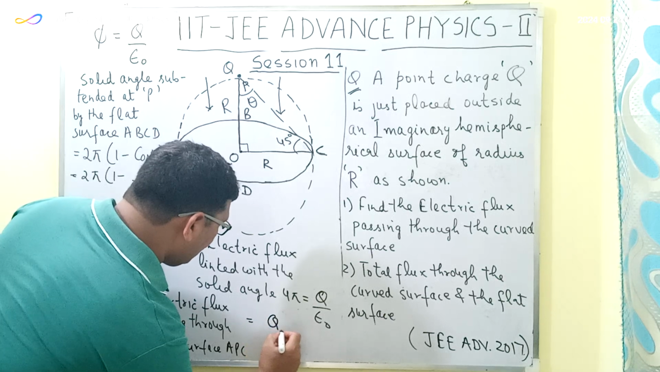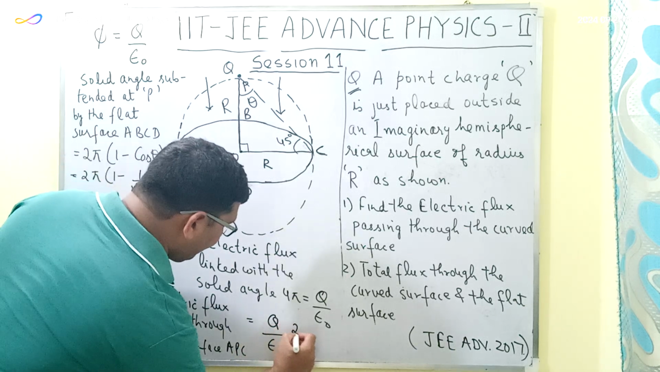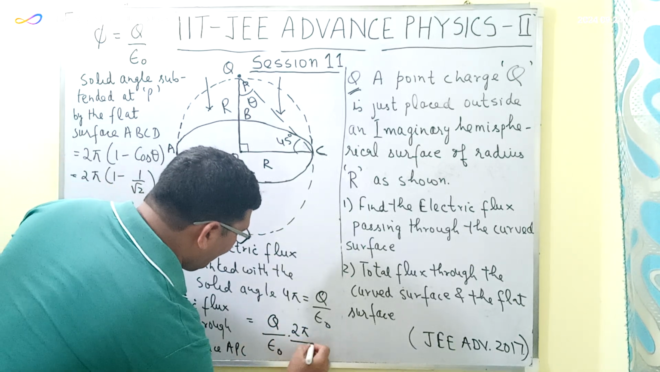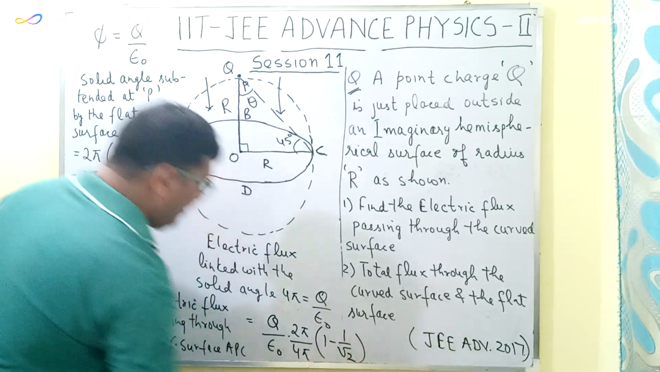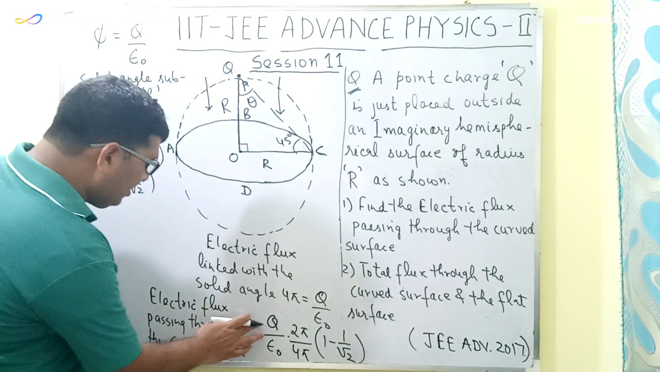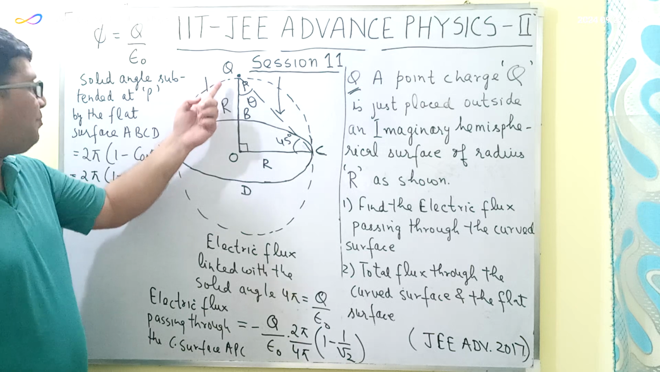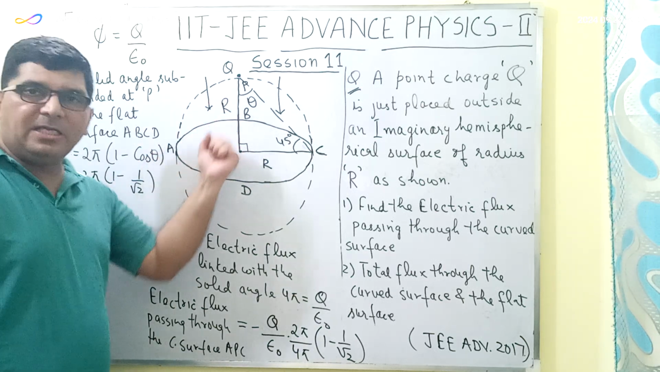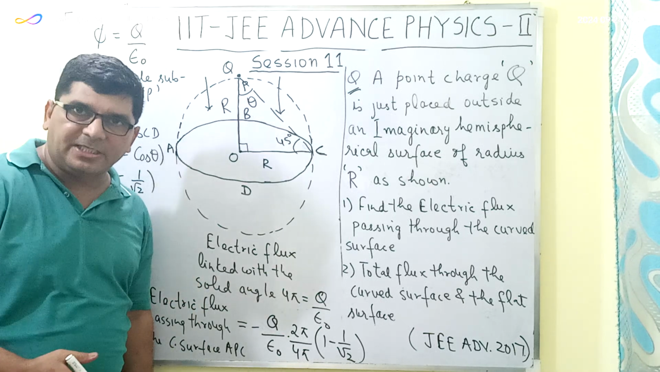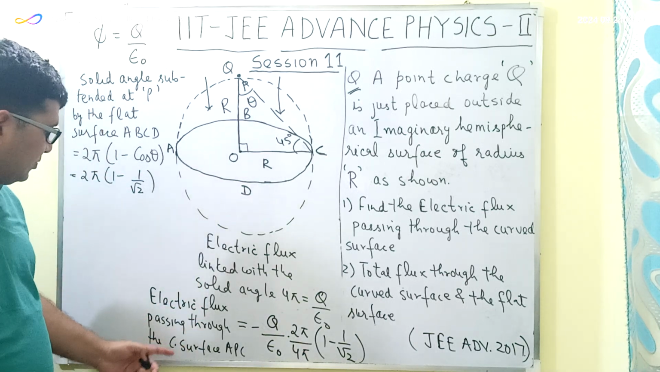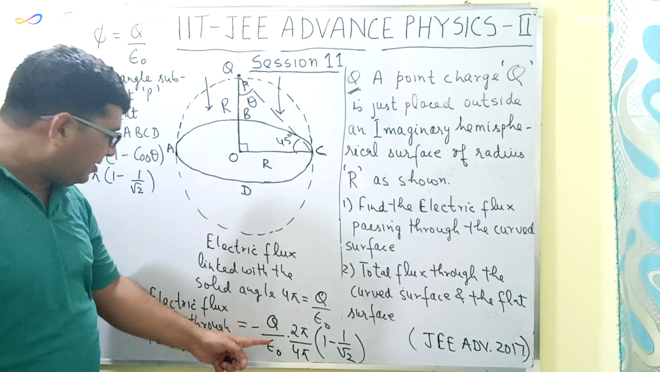Q upon epsilon naught into 2 pi upon 4 pi into 1 minus 1 upon root 2. Okay, and this value will be negative, because the flux which is passing through this curved surface is directed inwards, that is, it is directed into the surface. So the flux which is directed into the surface is taken as negative. So the flux linked through this curved surface APC will be equal to minus Q upon epsilon